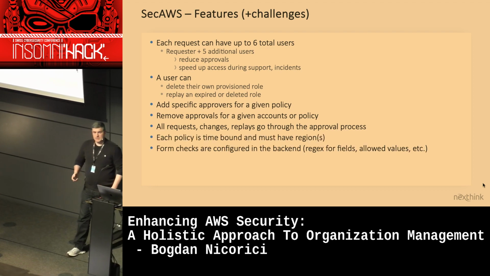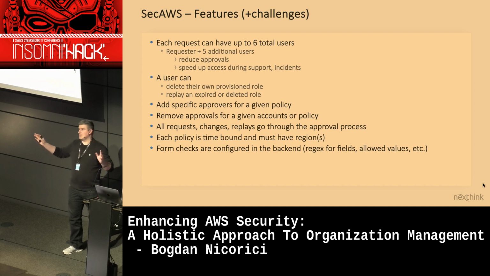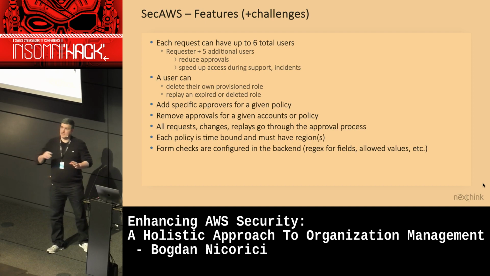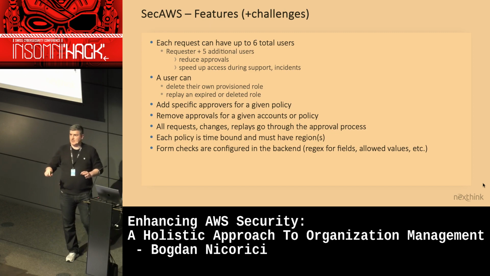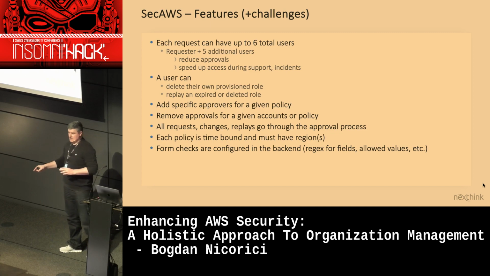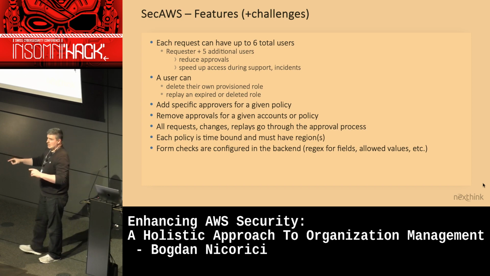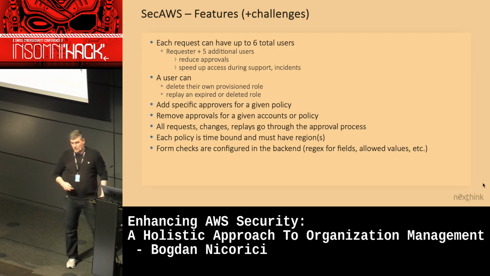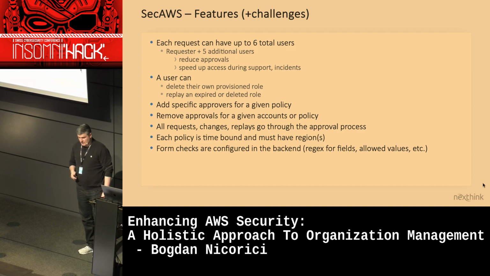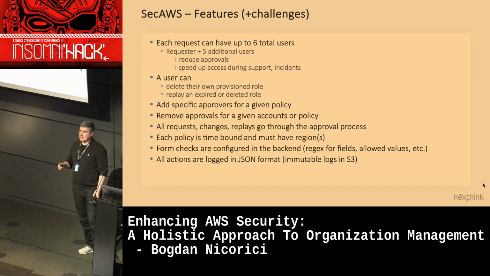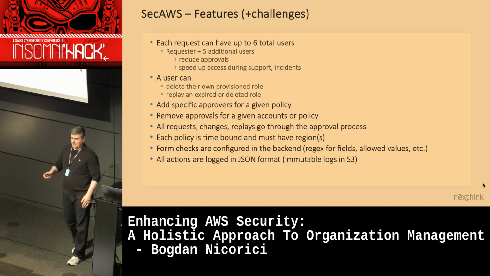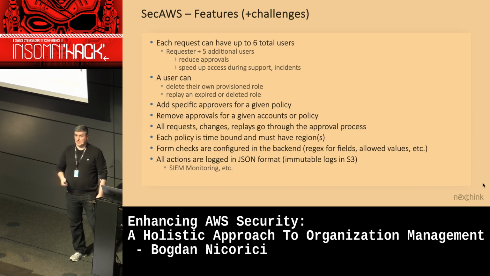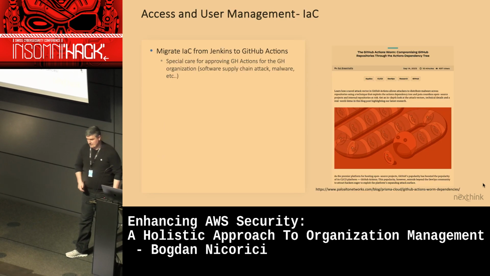What we noticed is that at first we had the tool, it was great, everyone can request access, we have approvers, but then we actually needed to build RBAC on the tool itself so that not all teams can request admin access. For example, they can request admin access only in this account, but not in the other one, and so on and so forth. So we actually had to do a really big extension of the RBAC model. Everything is configured in the backend, so the front end has zero configuration. It syncs everything from the API. And the logs are immutable, so each time someone makes a request, it's never changed.